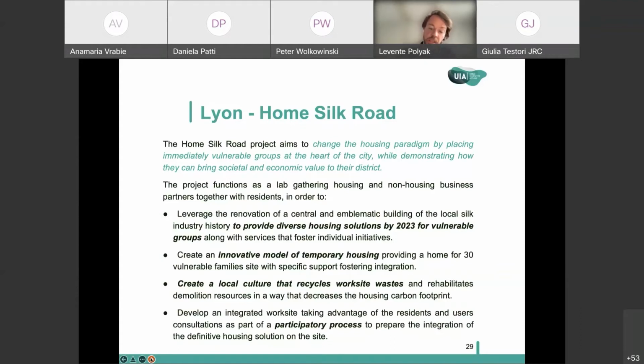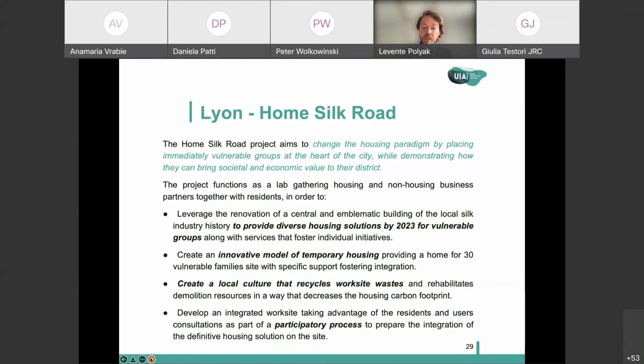So again, bringing in the work aspect and also creating an environmentally very conscious and very efficient way of recycling worksite waste. And all this was actually supported and designed through a participatory process that tried to reach all kinds